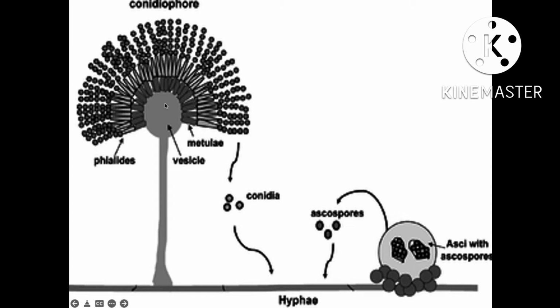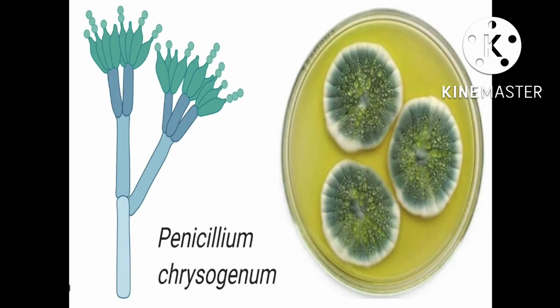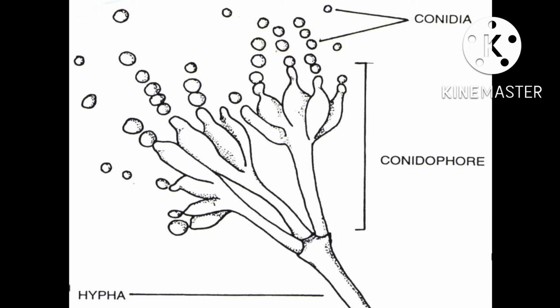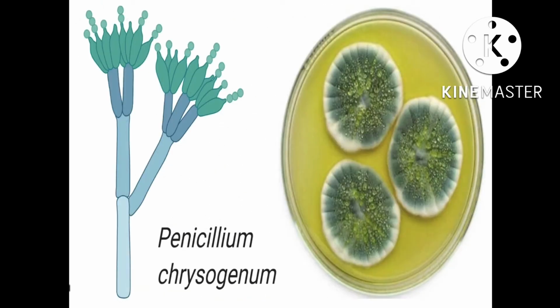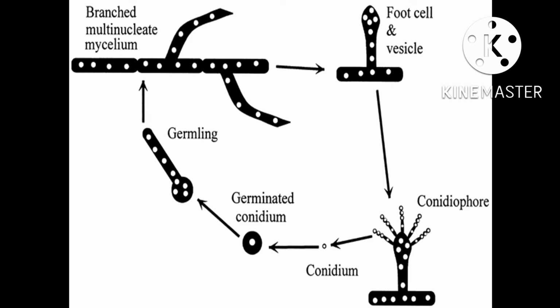Here in this picture you can see the conidiophores. They may have distinctive colors like brown, green, blue or pink, which give the fungi their characteristic appearance. The greenish or bluish growth on bread, some fruits or old leather is due to members of Ascomycetes, examples like Penicillium, this is the green one, and the second is Aspergillus. Conidia are borne on special hyphae called conidiophores.